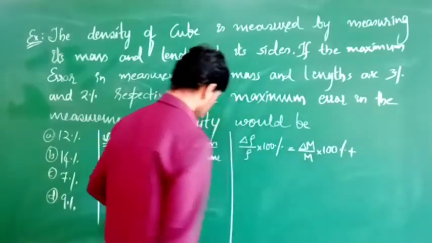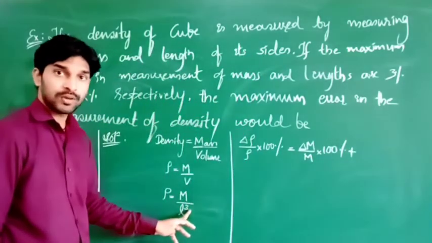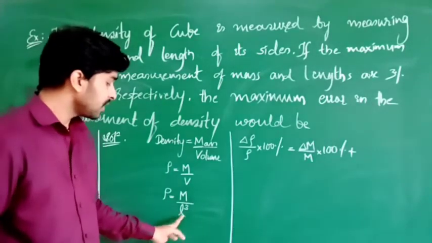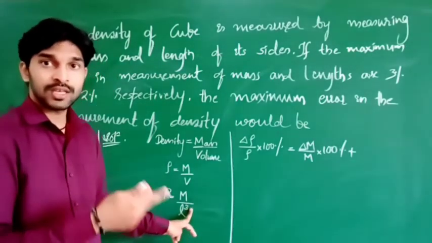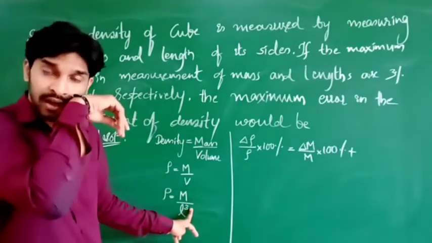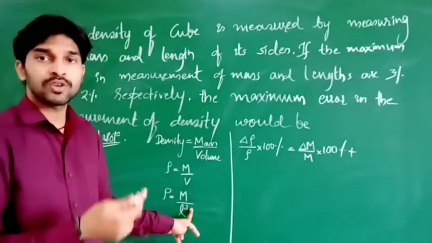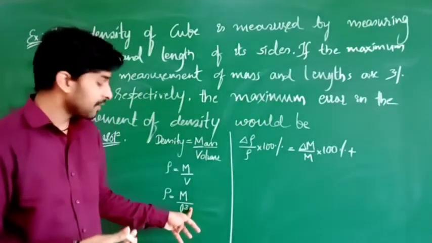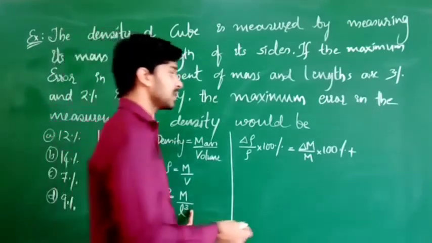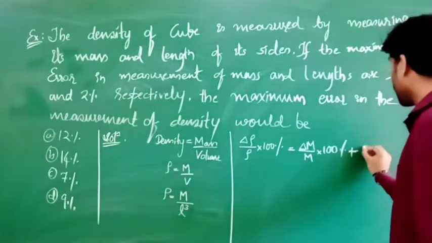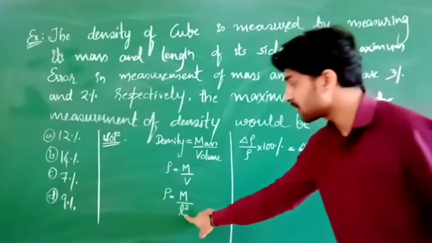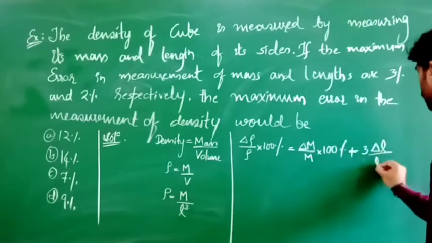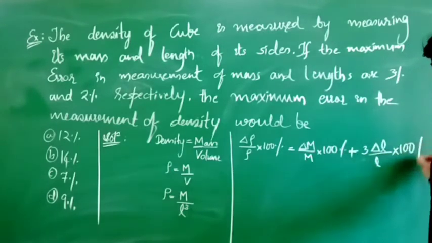Next, plus. In denominator I am having L cube. Okay, if this cube was not there, means delta L by L into 100%. Now here we are having cube value, that means L power 3. What is x power n? How we had written maximum possible error in the case of power case? X power n into delta x by x into 100%. In that manner, here I am having L power 3. That's why what I can write? This power I will be writing first, which is nothing but 3. Clear? Next, for length L, delta L by L into 100%.